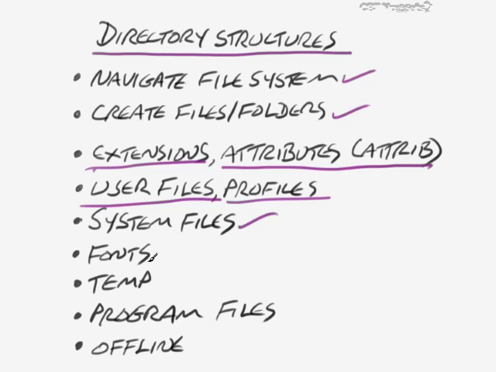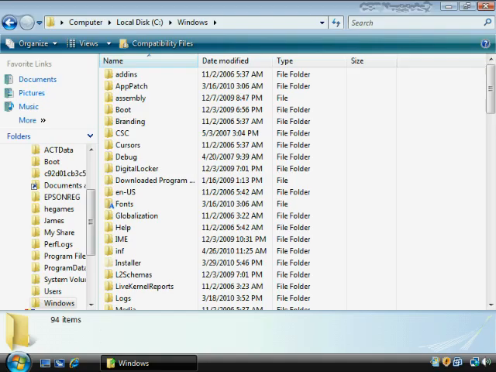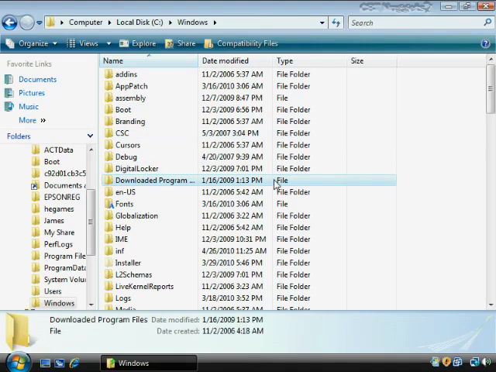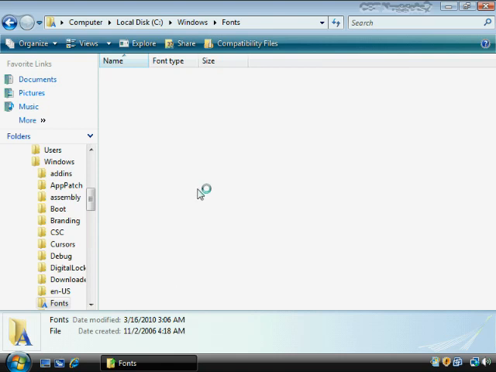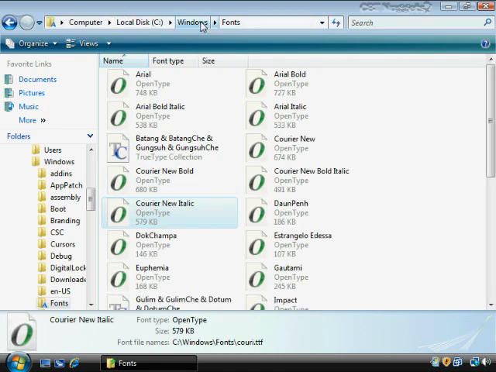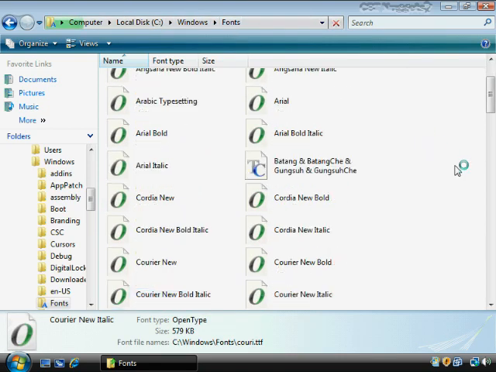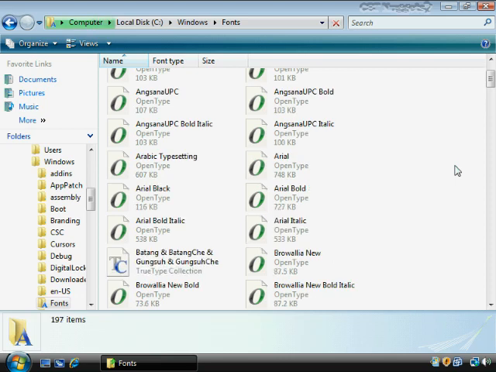For example, let's start with the first one. That would be Fonts. Fonts are, of course, what gives us the typeface setting that you'll see when you type in a Word document or whatever else. In fact, the words that we're looking at right here from within Windows Explorer are all revealed to us by a font. The fonts are located right where you see, on the C drive under Windows, and then Fonts, and that's true across all current versions of Windows right now.